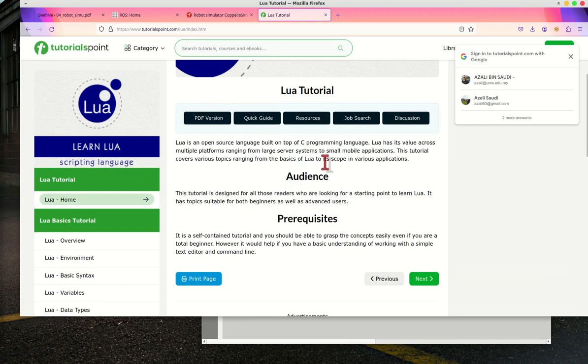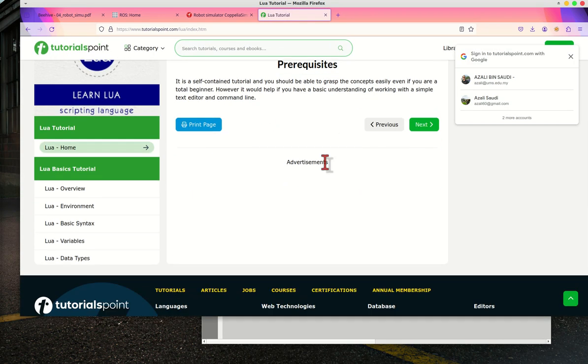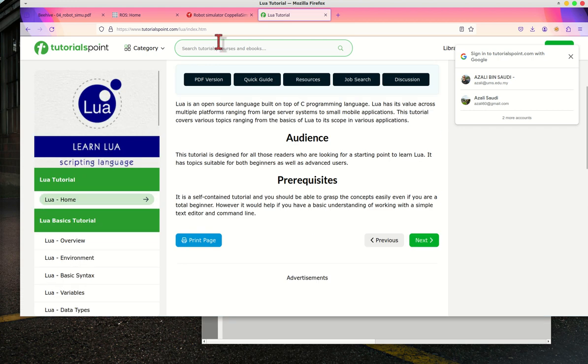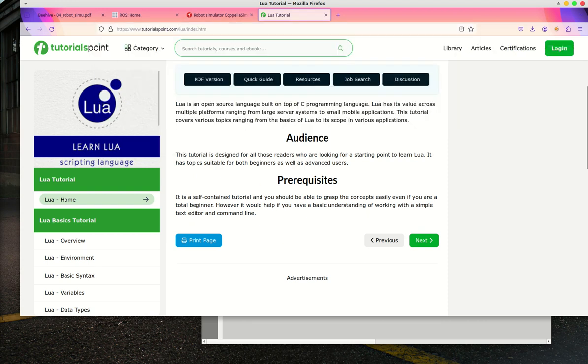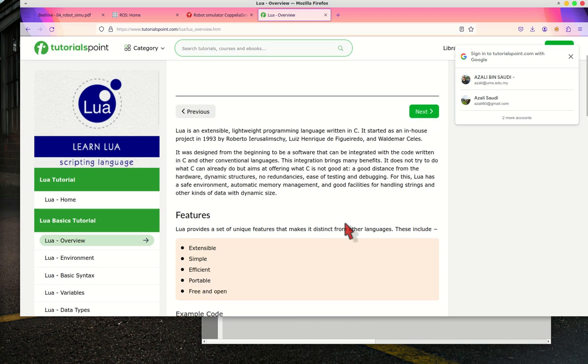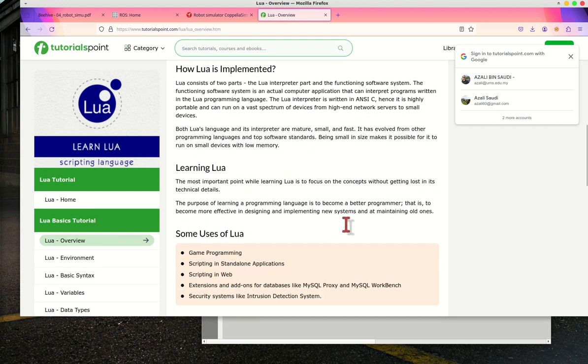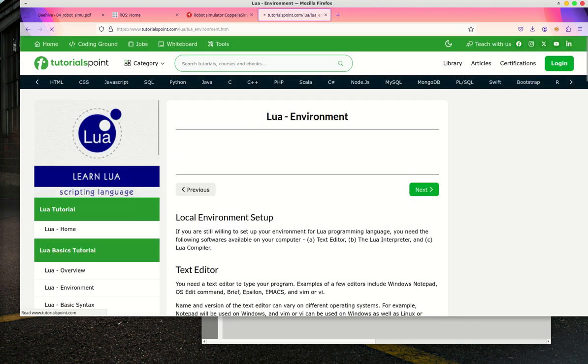It is a scripting language. You can refer to this Lua tutorial to have a crash course on Lua. A very simple programming language. If you're familiar with C or Python, this is very similar to that.